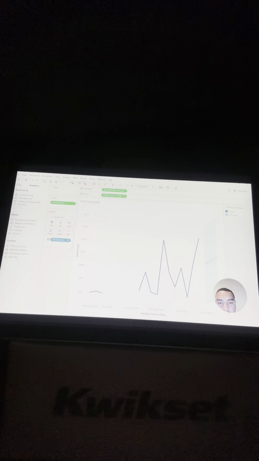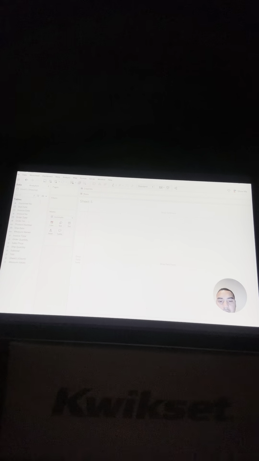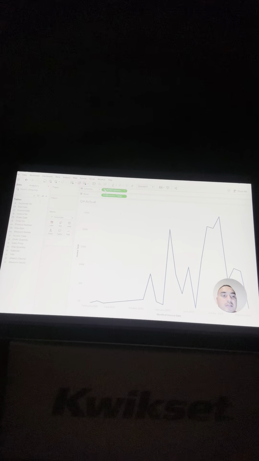Now we're going to obtain the actual values for Q4. So we're going to create a new worksheet. Name this Q4 actual. And you should see that populated where sheet 5 was. We're going to add invoice total to the row section and invoice date to the column section, and do the years as well. And then now we have the actual amounts